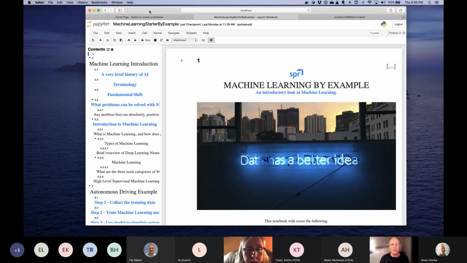presentation is run out of something called a Jupyter Notebook because I'm not a huge fan of PowerPoint. So what I've done is tried to create a presentation that I can run out of a Jupyter Notebook, which is very much like a web page, but it actually allows me to run some code at the same time so you can see it live.